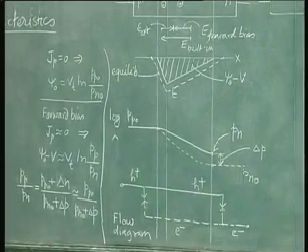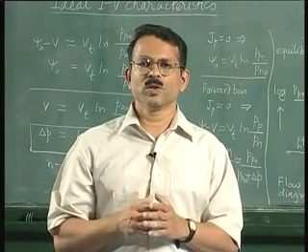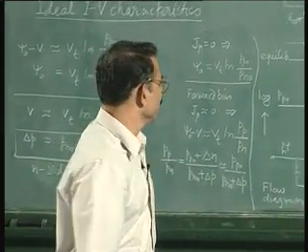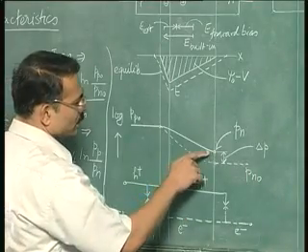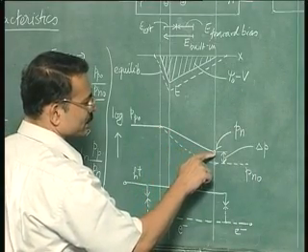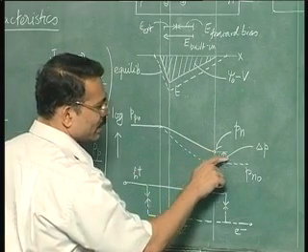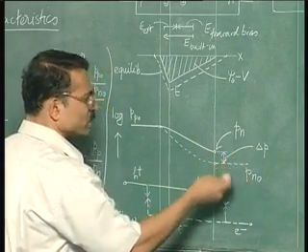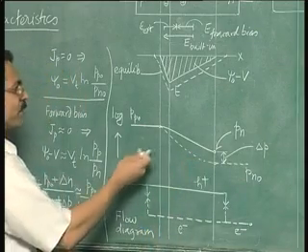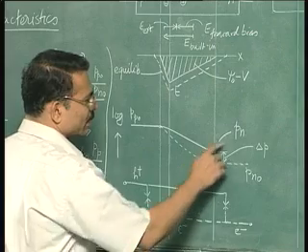Now what is the next step in the analysis? Now we must move to the quasi-neutral region, because we would like to know how this hole concentration which we have seen up to this point here, how this will vary in this region, and of course analogously how the electron concentration would vary in the quasi-neutral P region. Now to move here